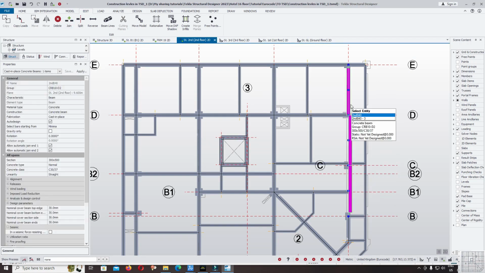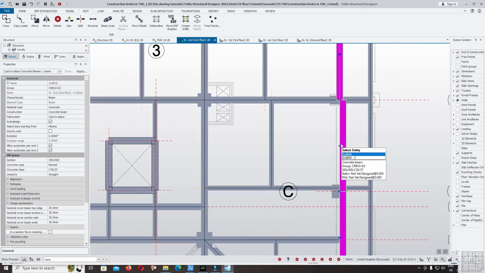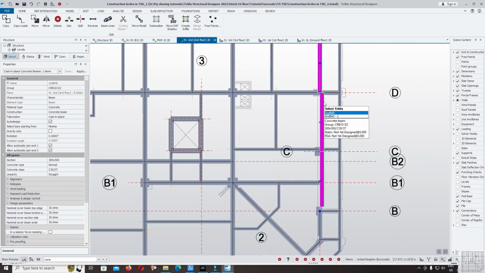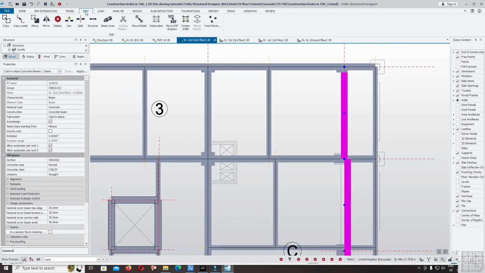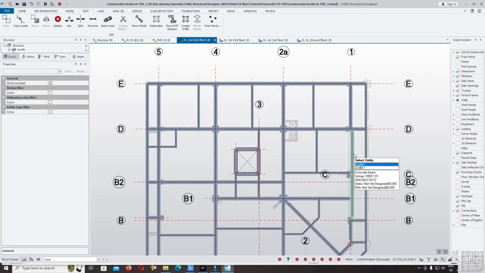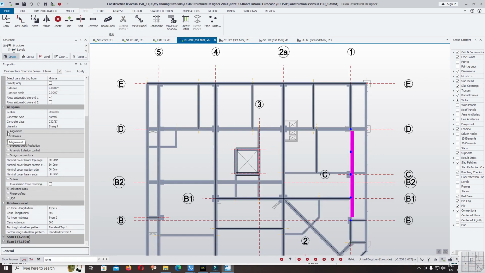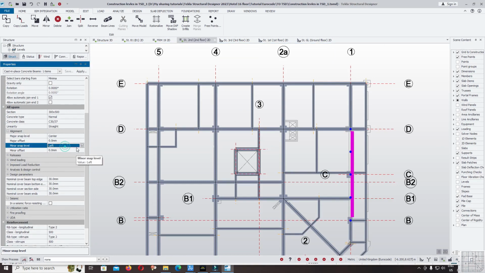Okay, join. But the problem right now is the alignment. We want to align the beam at the center. Okay, you edit again, split, click on this beam to split it. There are 2 ways you can correct the alignment: by using the beam property, align and correct it to the